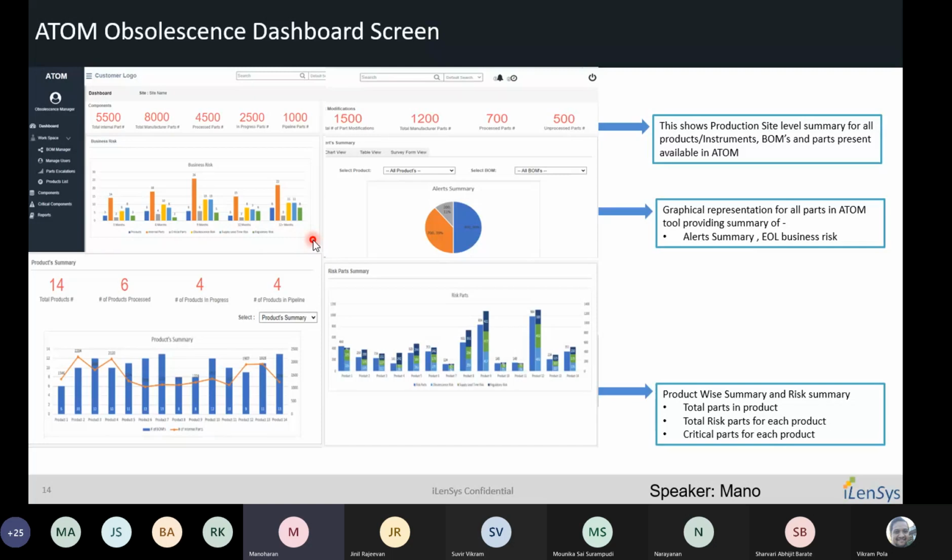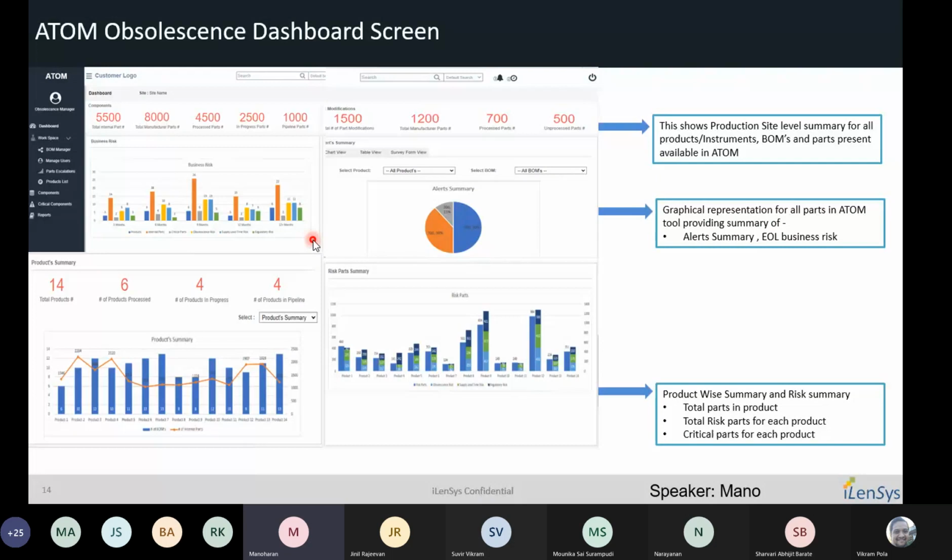So this highlights what is the risk coming in the next 3 months, or next 6 months, or next 12 months, or beyond 12 months. And these bars explain how many products, and within the product, how many components are at risk, and within the component list, how many are critical components that are at risk within 3 months and 6 months and so on. And we can further create the graphs and reports by individual product or by business unit. So you can slice and dice and you can manage your risk.